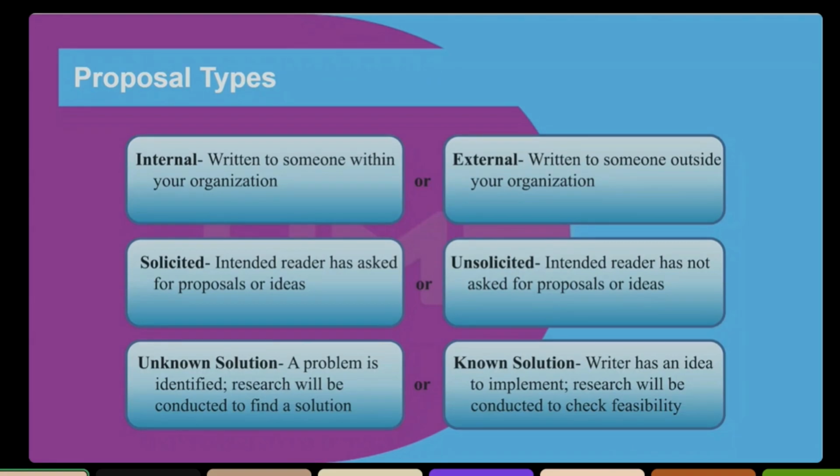For the internal, it's written to someone within your organization. An example of an internal proposal for the SuperUMAn DAO is the governance proposal that you pass on to snapshot or discourse for voting. That's an internal type of proposal writing. I want us to have a separate call to talk more about that. Then the external is written to someone outside the organization.